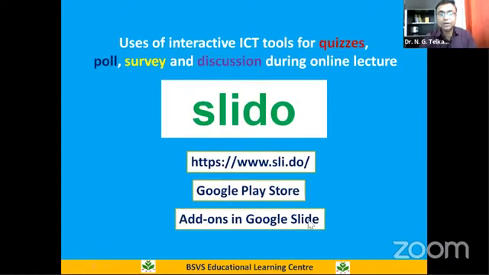In Google Slides, like in Google Forms, there is an add-on such as Certify'em or FormLimiter, etc. In the Google Slides platform, also in Google Drive, the add-on is available in the form of Slido. In Google Slides, just click on Add-ons and go to the Google Workspace Marketplace, from which we can easily download and install this add-on called Slido. So these are the three platforms through which we can easily get Slido.